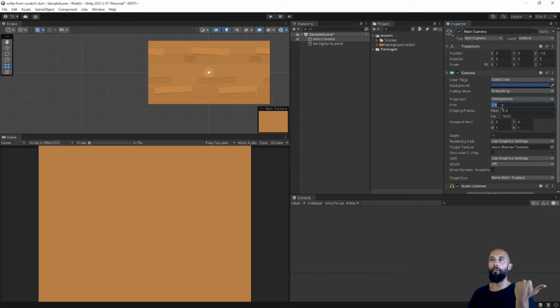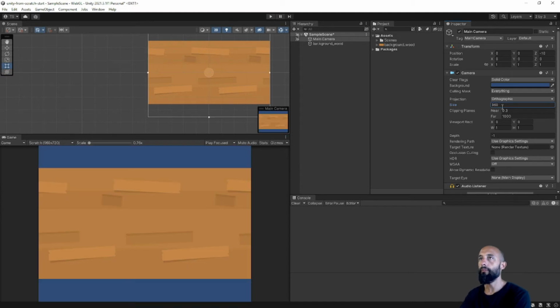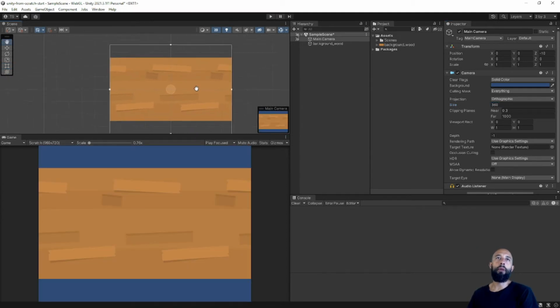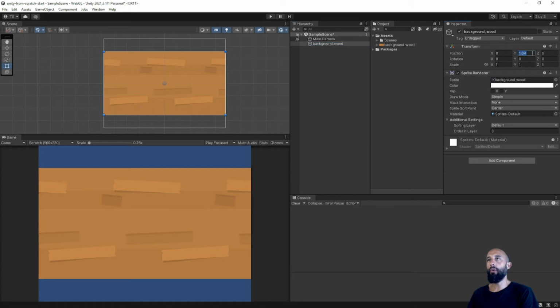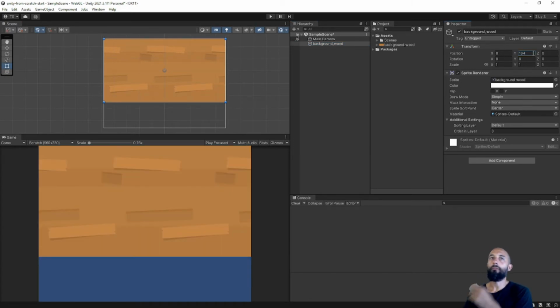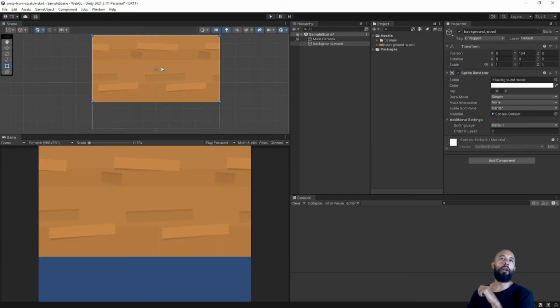So instead of 3.6, we need to multiply this by 360, which is actually exactly half of the resolution that we want. And to position this properly, we should go back to 104, and now it's exactly in the same place. Now, I think maybe this is the best way to make the transition from Scratch into Unity,